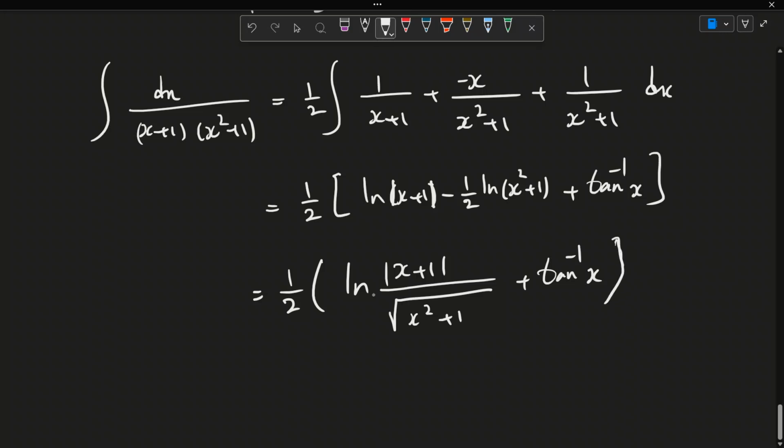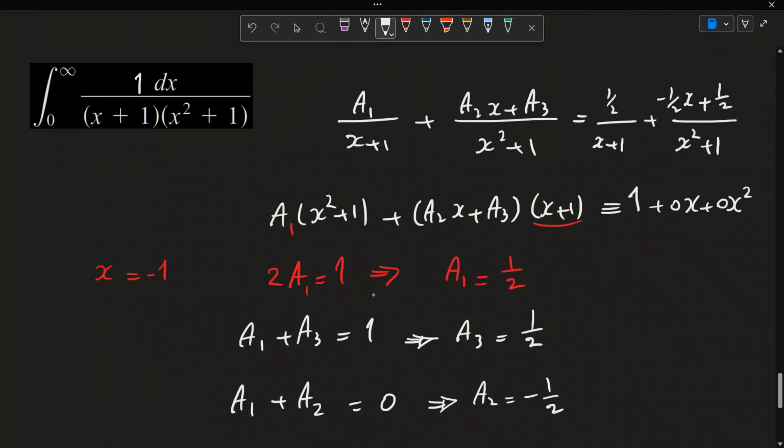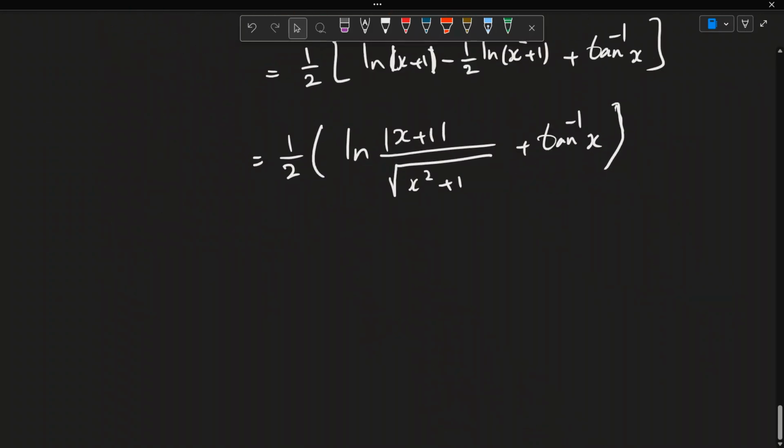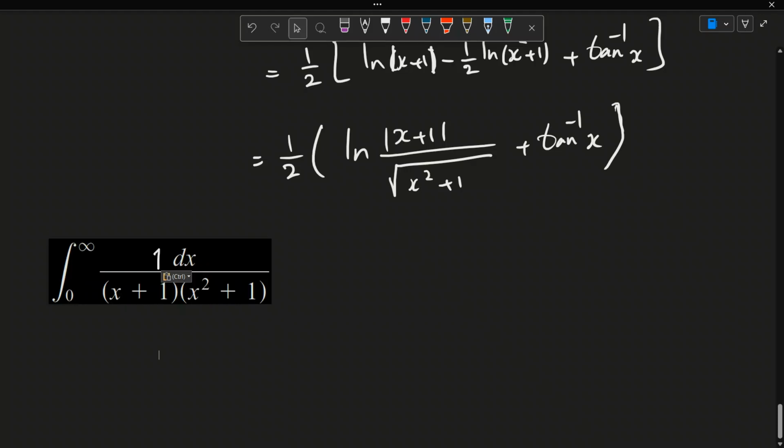Now if we want to find the improper integral, we need to find the limit at infinity of this term. Now this integral is going to be the limit from 0 to b when b approaches infinity of this term,